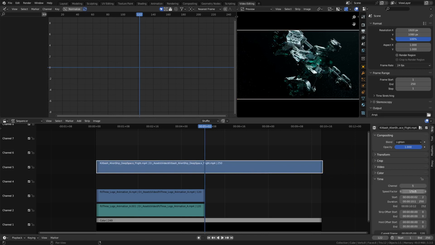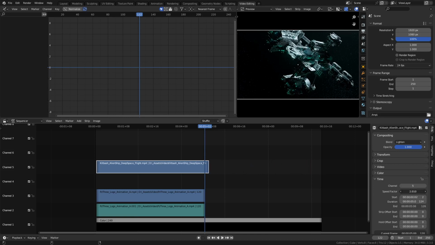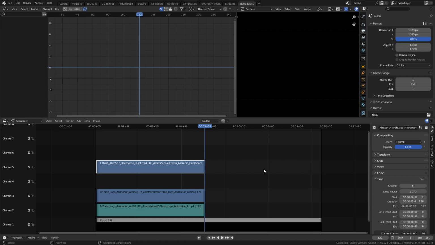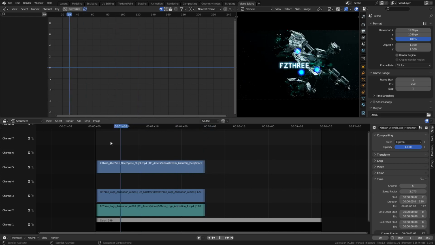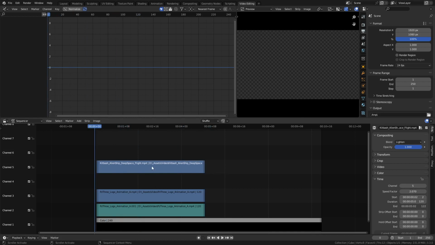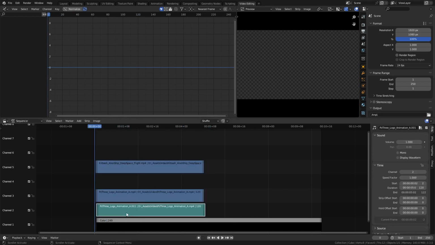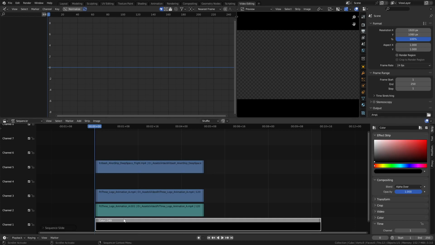Go to time, and we can change the speed factor here, and we can push it down. Now, a little bit of a warning here, playing with the speed setting like this, sometimes it can make the video pretty choppy. I think Blender has a little bit of an issue with timing. I'm going to move all these just forward a little bit. But it seems that it doesn't handle switching the speed here very well. There's other ways of doing it, such as using